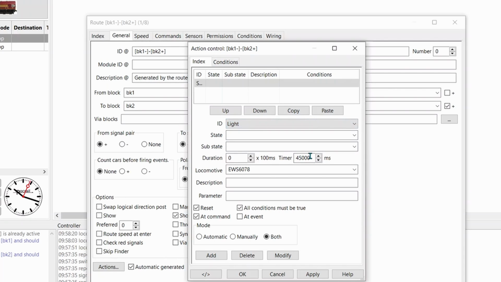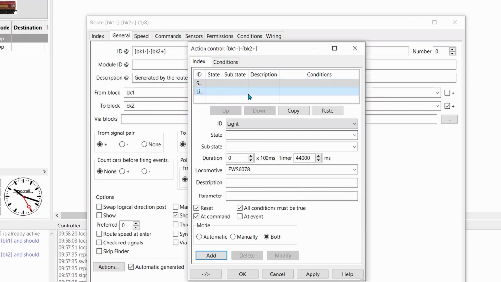And same again with the timing, we'll just change the time a little touch so it goes off before the sound goes off. Call it 144,000 milliseconds. Add, and that's that done.